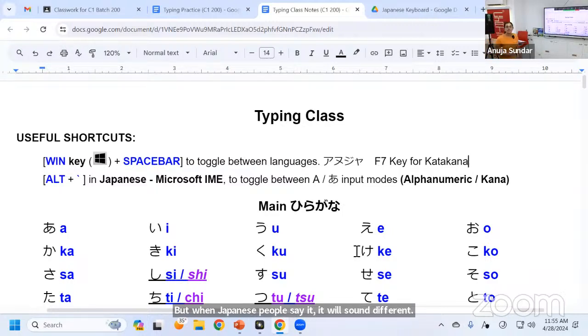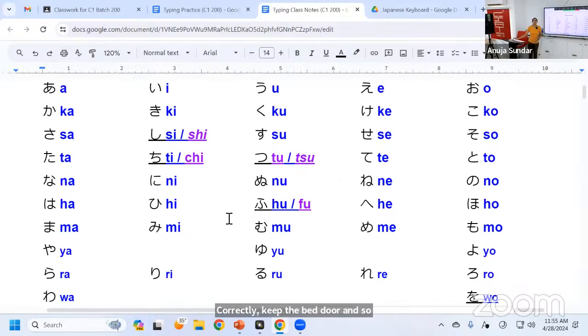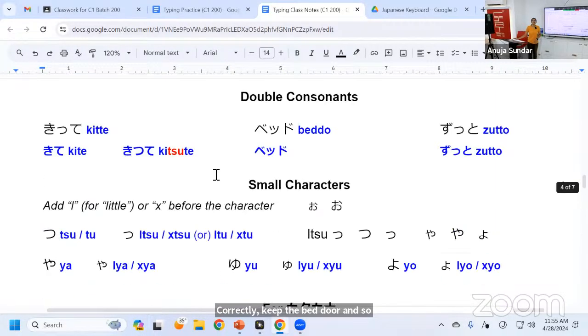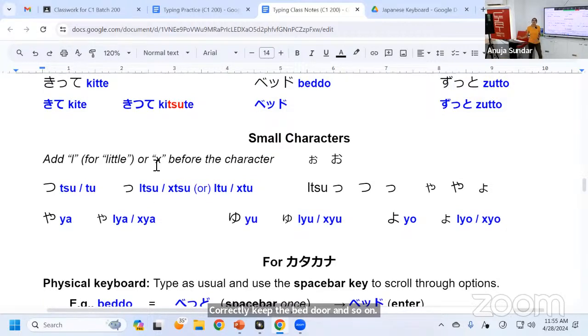Please do practice a few words with double consonants, whatever we saw in class, like mashiro, kekkon. You can try typing these out and see if it comes correctly. Kitte, beddo, and so on. Yes. And one last note, when you're writing some words, if you miss the small ya, yu, yo,